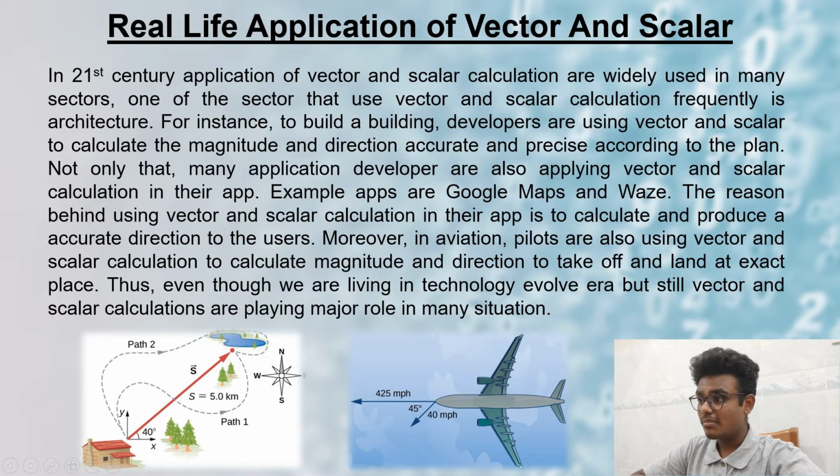Not only that, many application developers are also applying vector and scalar calculation in their app. Example apps are Google Maps and Waze. The reason behind using vector and scalar calculation in their apps is to calculate and produce an accurate direction to the users. Moreover, in aviation, pilots are also applying and using vector and scalar calculation to calculate magnitude and direction